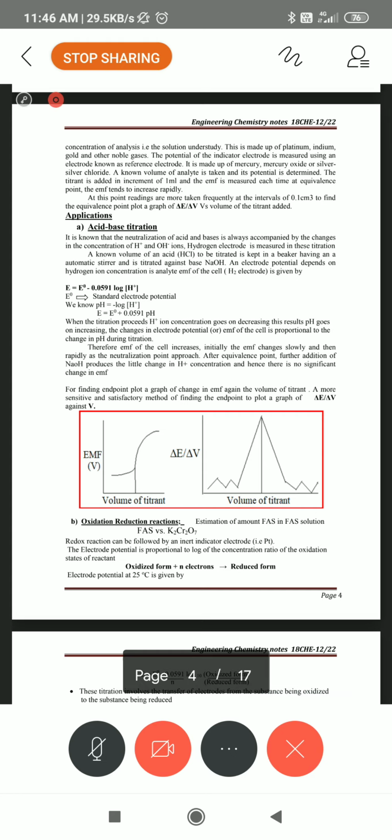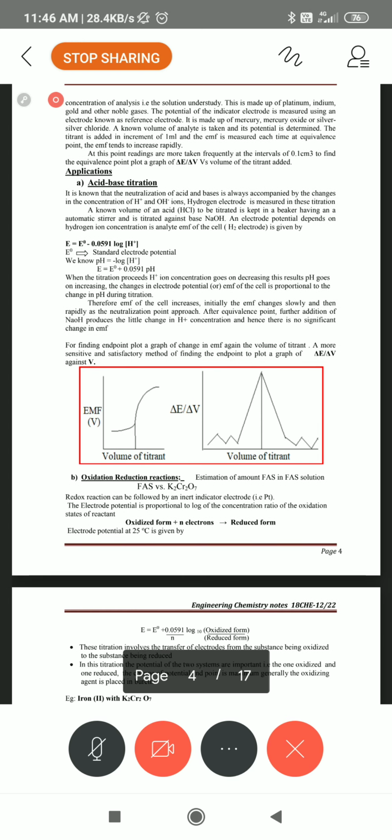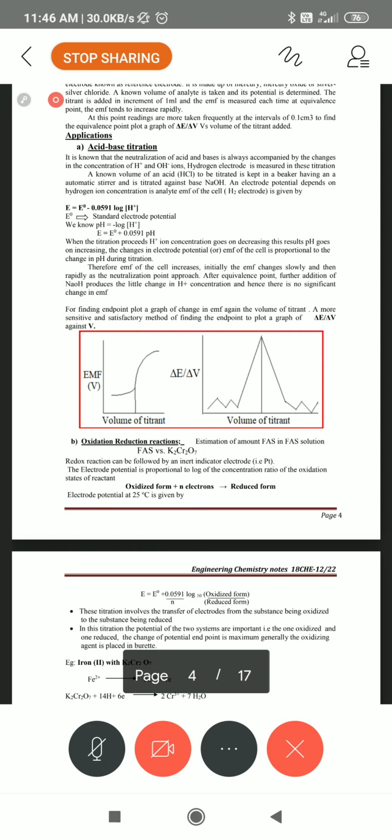Concentrated H2SO4 is also taken. Put the 25 ml of ferrous ammonium sulfate in the beaker and keep it under a 25 ml or 50 ml burette, whichever is available. Fill the burette with the 0.05 normality potassium dichromate, then add 5 ml of H2SO4 to the analyte, ferrous ammonium sulfate. Then place both electrodes, one the anode and the other the cathode.